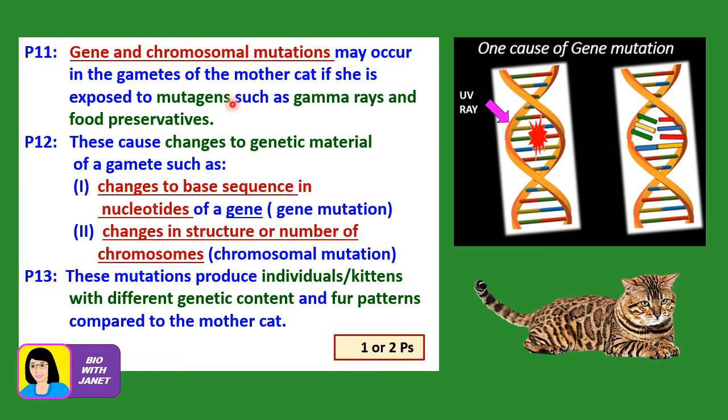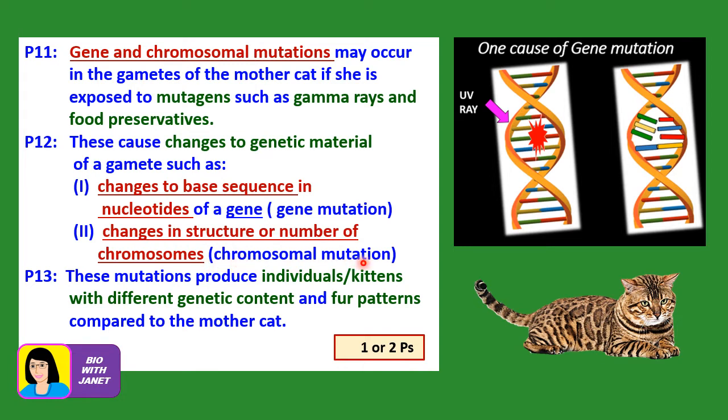And what happens in mutation? Mutations are sudden abnormal changes to the genetic material in cells such as the gamete and other cells. These cause changes to the genetic material of a gamete, such as changes to the base sequence in nucleotides of a gene, or changes to the base sequence in the DNA molecule of the gene, in the deoxyribonucleic acid molecule in a gene. If this happens, it's called gene mutation. And changes in structure or number of chromosomes are